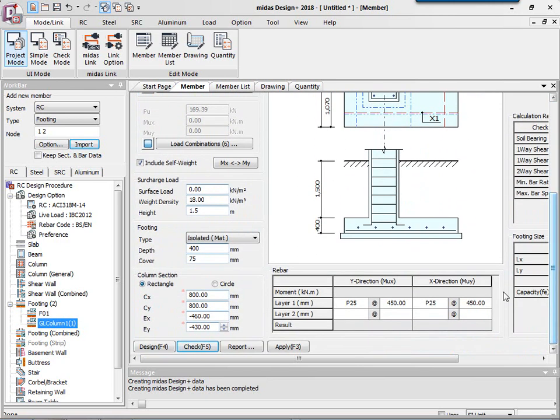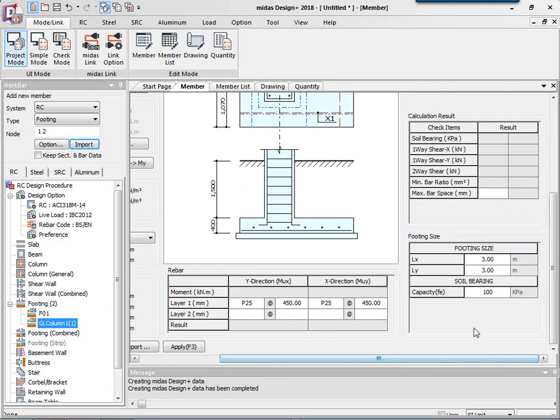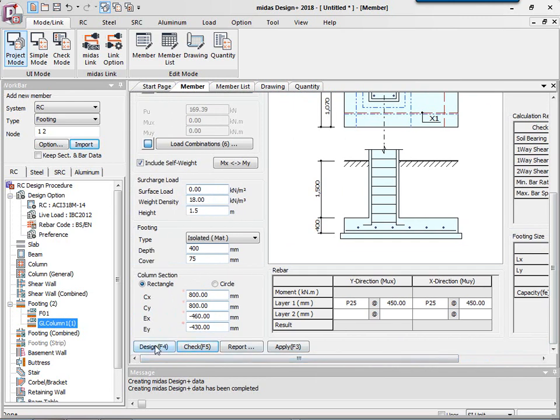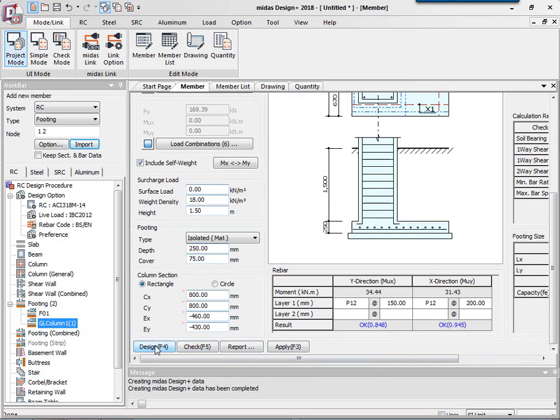And then further over here I can provide the capacity, the soil bearing capacity. So let's say 150. I'll keep Lx and Ly as 3 meters each, and I'll have the software design my footing. So I'll click on design,